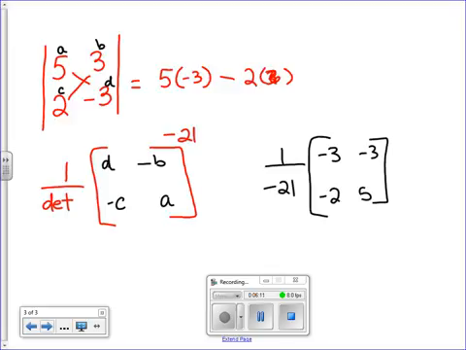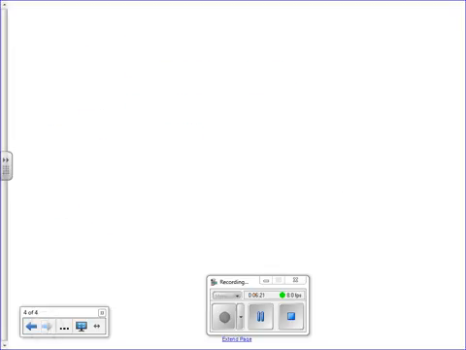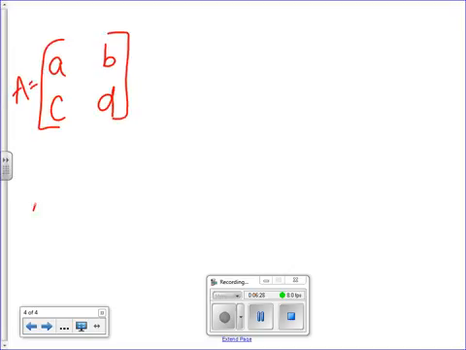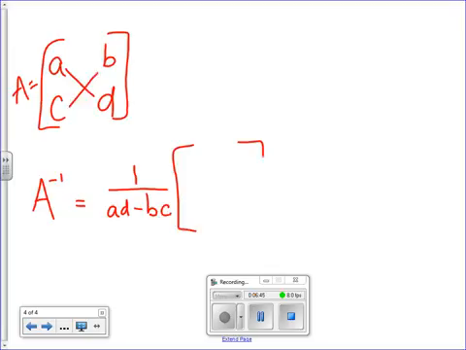Let's see if I can find other examples of it. Is that just like the formula of how you put D and A and all that stuff? Yeah. Let's write out the entire formula. Let's say we had A, B, C, D. So that's A. Okay? The inverse of A would be 1 over, remember it's AD minus BC, times